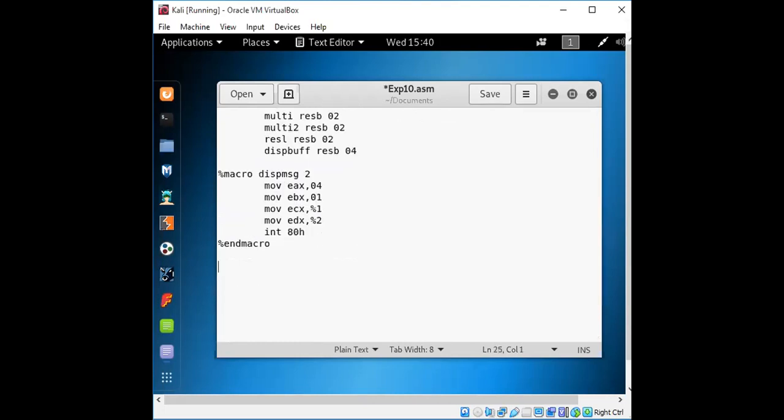Next it will be for the input macro, accepting the values, the two values.